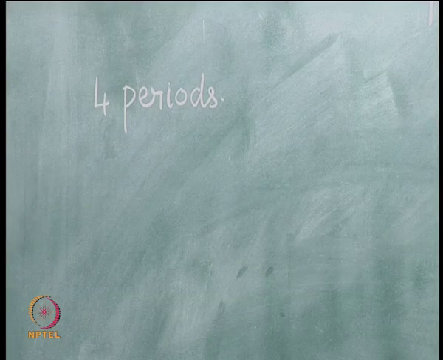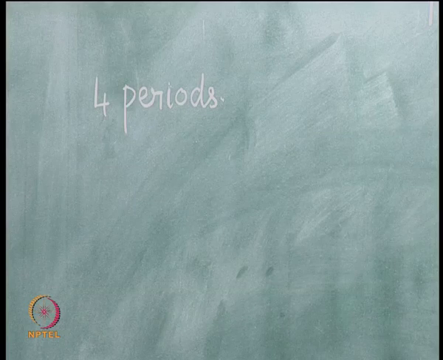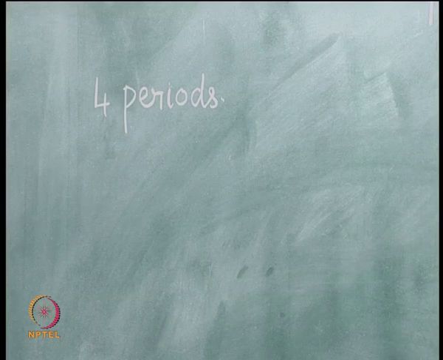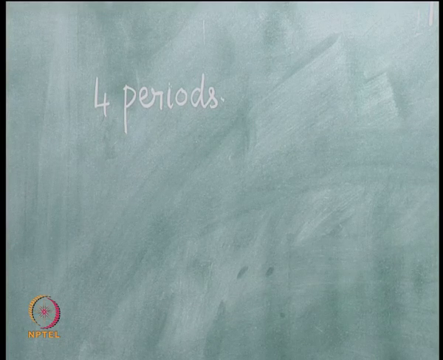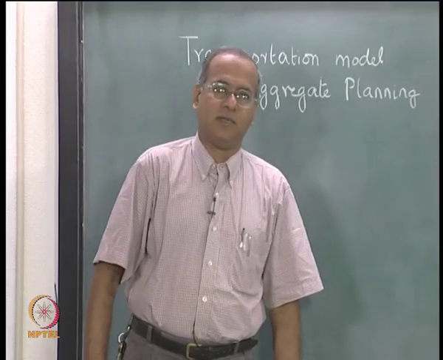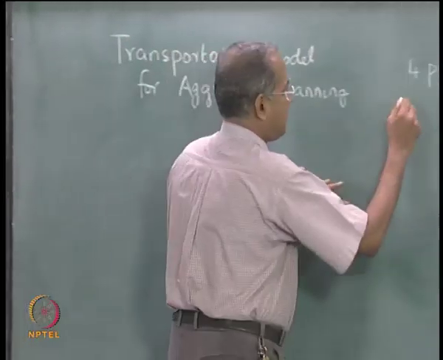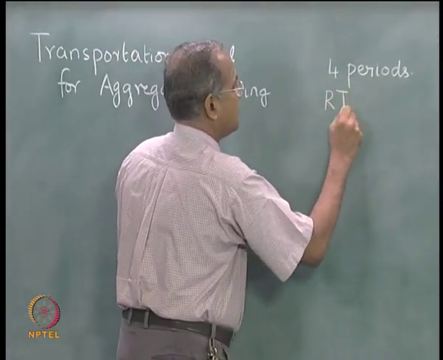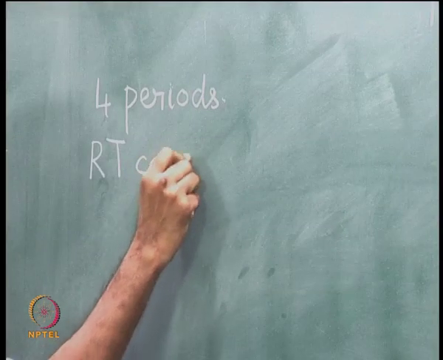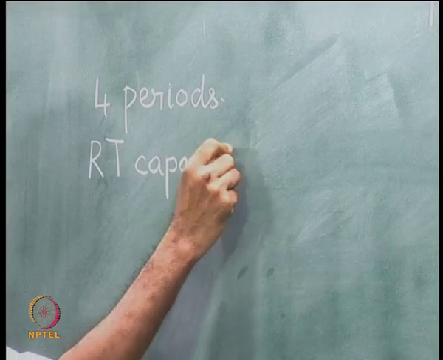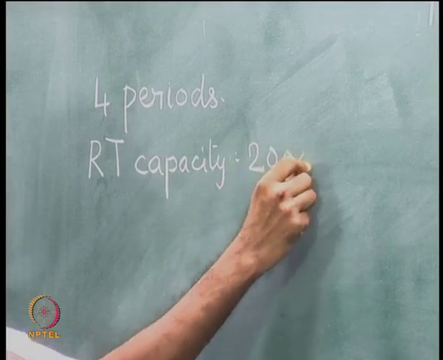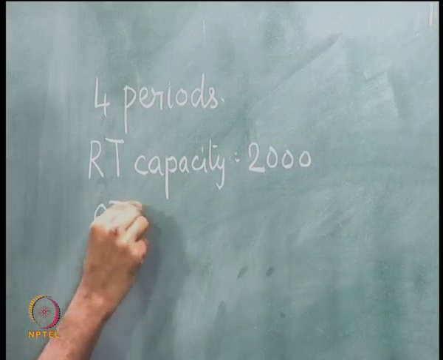Each period, say, is a month, and let us assume that the regular time capacity and overtime capacity are the same and are known. So we will have regular time capacity, let us say, is 2000